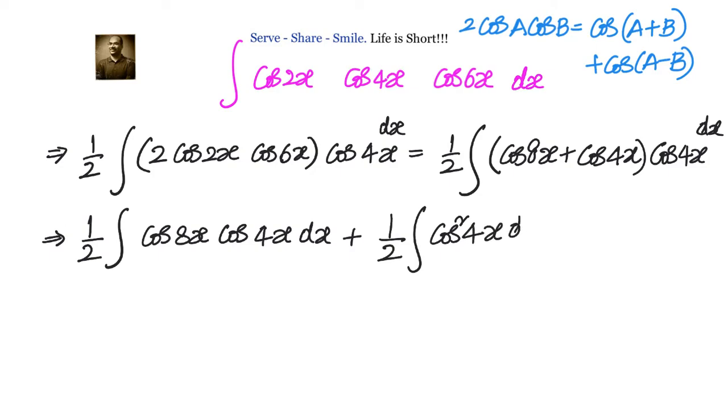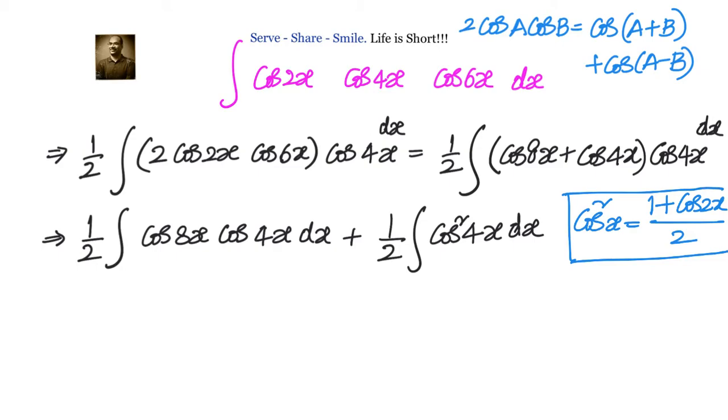Now for the first part we can apply the trigonometric transformation one more time, but for the second part we need to have a formula. So we will go back and see. Remember the formula: cos 2 theta equals 2 cos square theta minus 1, or cos square x equals 1 plus cos 2x divided by 2. Now that formula we will be leveraging and changing it here. Then it becomes a pretty simple problem. So we can take each single function and integrate them separately. So let's go to the next step.